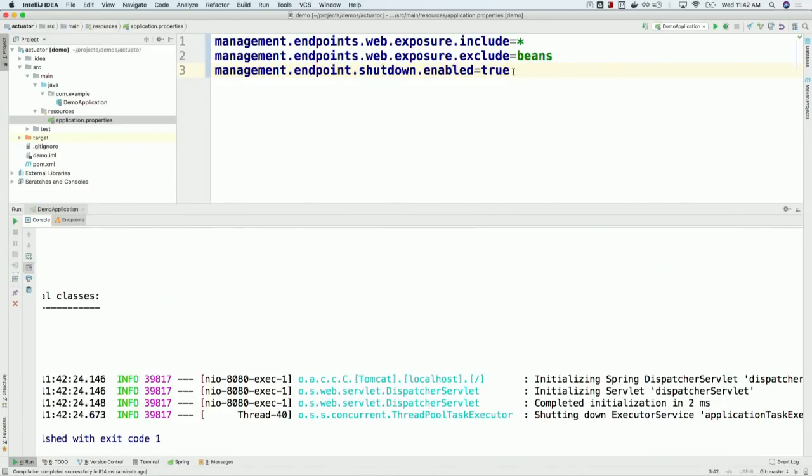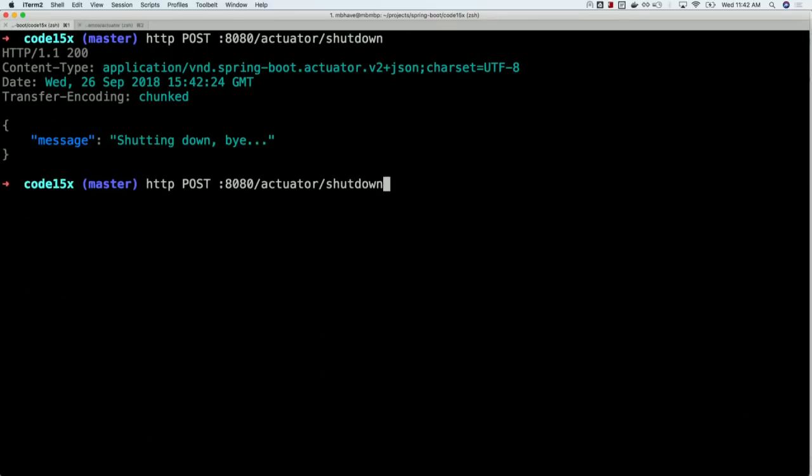The other thing that's new in Spring Boot 2.0 with the actuators is the health endpoint has some more configuration options. So by default, if you take a look at the response from the health endpoint,